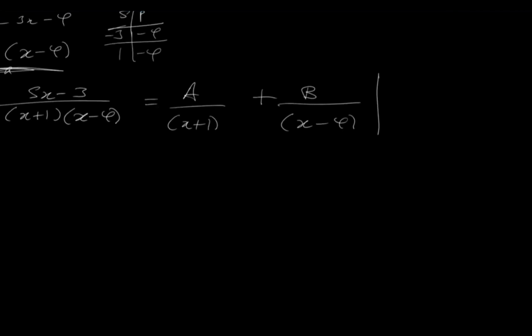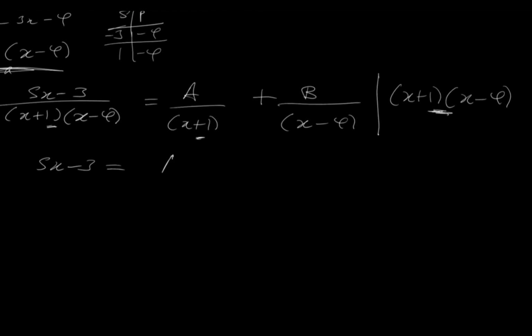So we say times (x plus 1) and (x minus what? 4). Because the bottom will cancel out, and you only have 5x minus 3 is equal to,